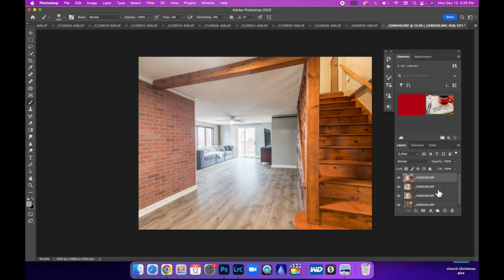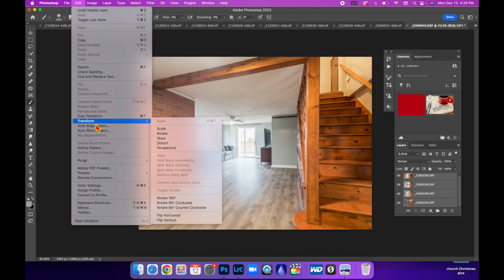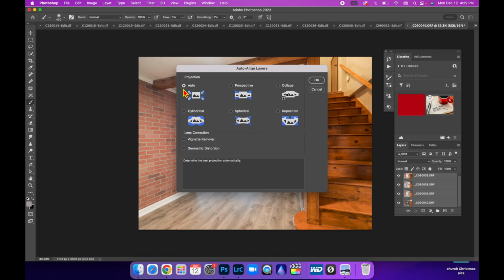Alright, so once you have all your layers loaded into Photoshop, I'm going to suggest that we click on the first one, make sure the top one is highlighted, come down to the very last one, and hold Shift, and then click on the last one. That'll highlight all of them, and then come up here to Edit, Auto Align Layers, make sure Auto is selected,